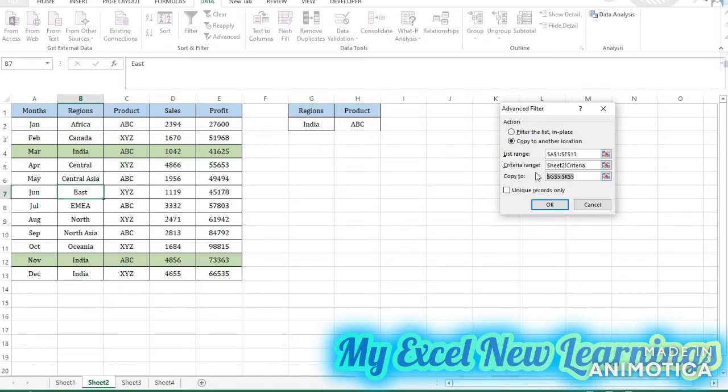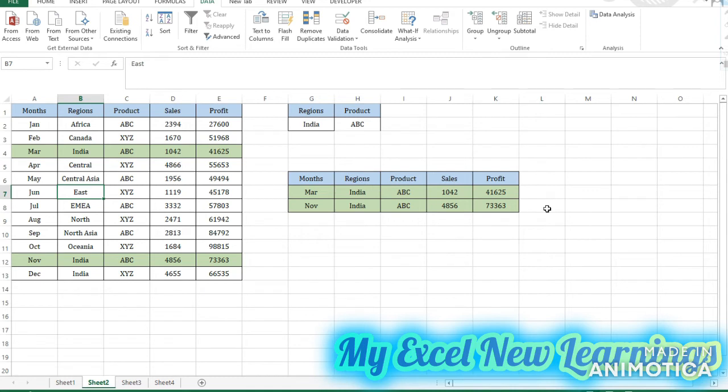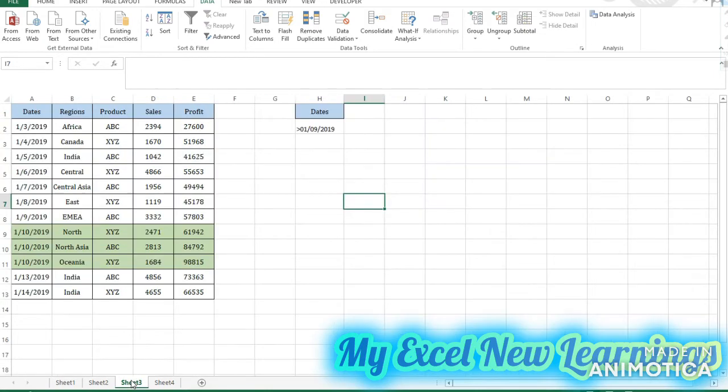So now I want to pull the data, and I want the data to be pasted here. So then I will click OK. So now here you can see for the region India and the product ABC there are two records. One is here for the March, the other record is for the November. So it will sort and it will give you the data wherever you want to paste it. So now we will move on to the next one.